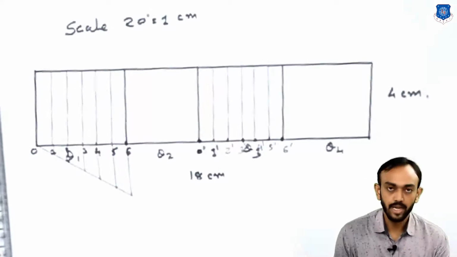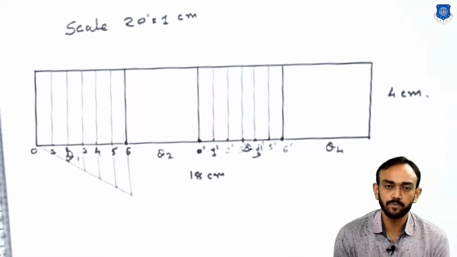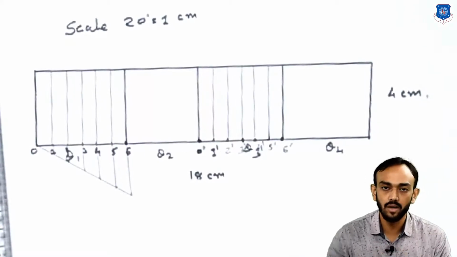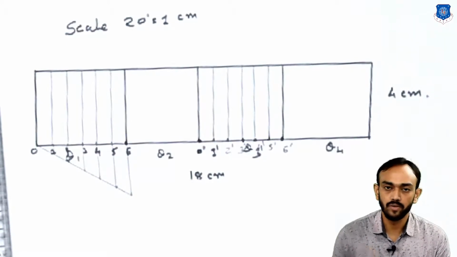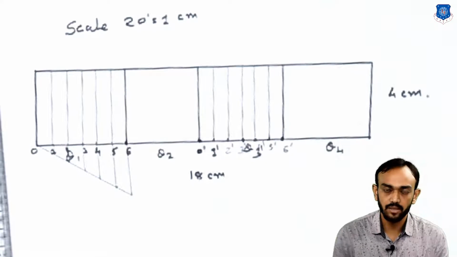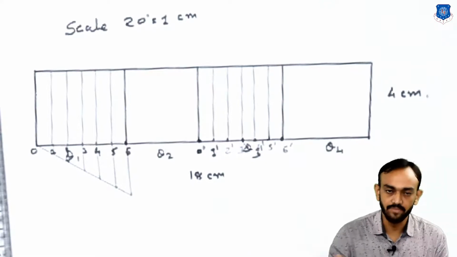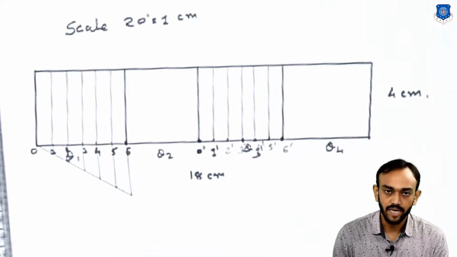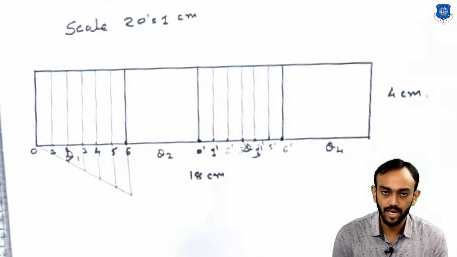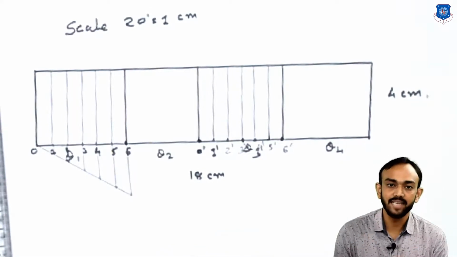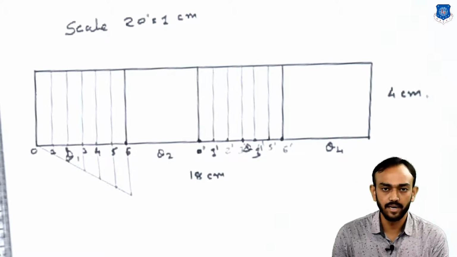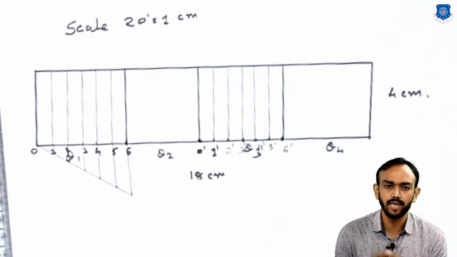Okay, now up to this point your procedure will be the same in all the examples of cam follower. Whatever example you are solving, up to this point make the 18 centimeter by 40 mm rectangle, divide the rise, meaning the whole 18 centimeter, into theta 1, 2, 3, 4, then rise and return, 6 partitions of rise and return. Up to this point all the examples will be the same.